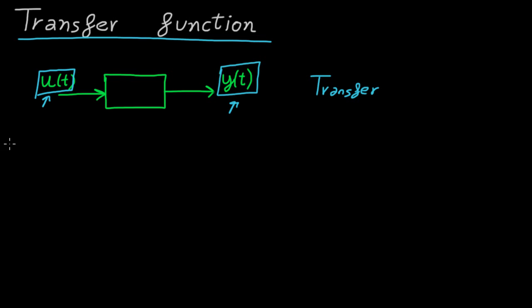Well, there are two ways in which we can approach the concept of transfer function. In this video we're going to see the first one, and it has to do with differential equations. We know that one way to completely describe with no ambiguity the behavior of a system is to have a differential equation. So if we assume that the system is an LTI system, that is a linear time invariant system,